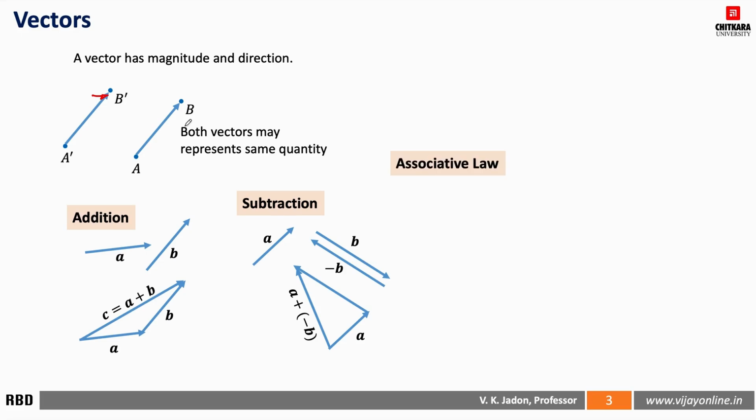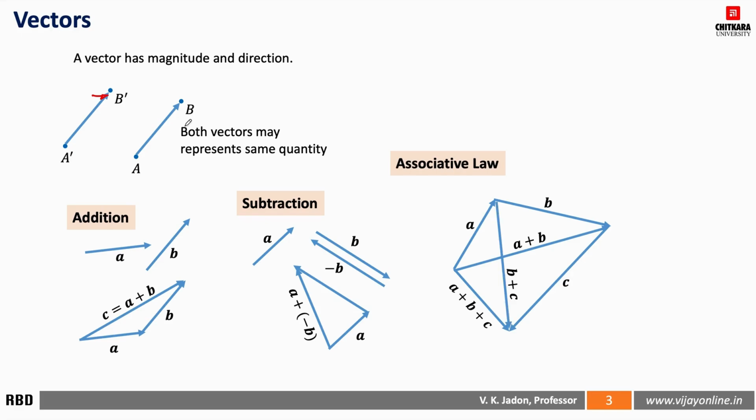Then we have the associative law. The associative law states that the grouping of vectors doesn't matter in addition. So if we have vectors A, B and C, then we can have A plus B plus C, or we can have A plus B and then plus C, or we can have A plus B plus C. So all are the same. That is the meaning of the associative law, that how we group the vectors for addition doesn't matter,